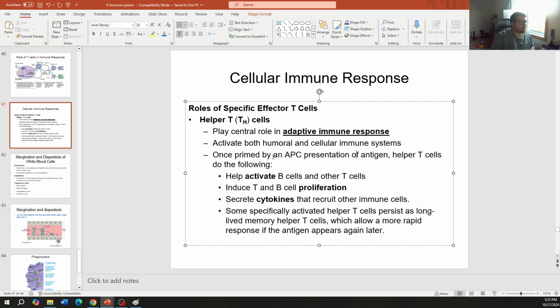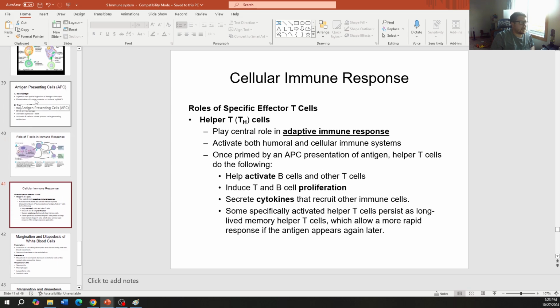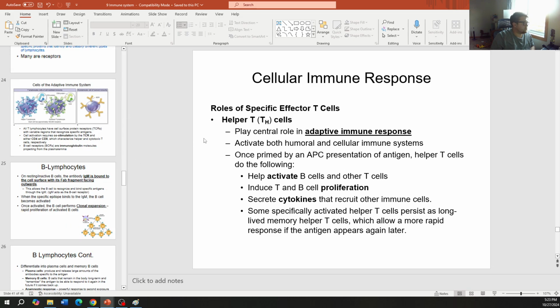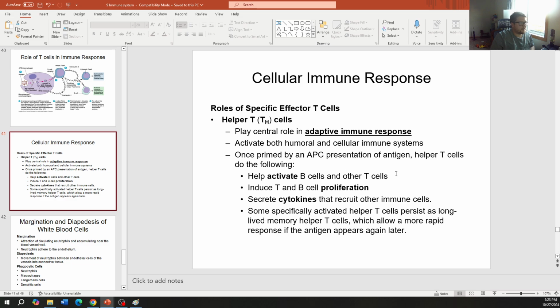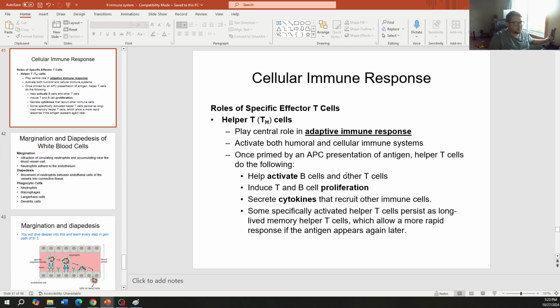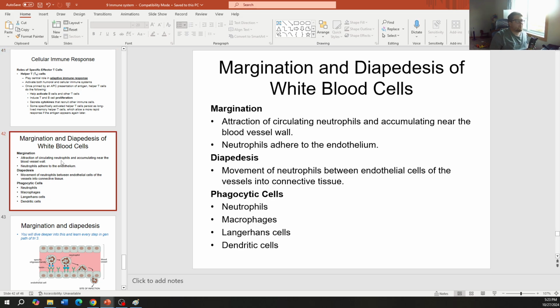Once it's primed by an APC, that's the antigen presenting cells, the helper T cells do all of the following. They activate B cells and T cells, induce proliferation, and secrete cytokines. The helper T cells essentially kickstart that immune system. One of the ways that they do that is through margination and diapedesis of white blood cells. We've talked about both of these things before,